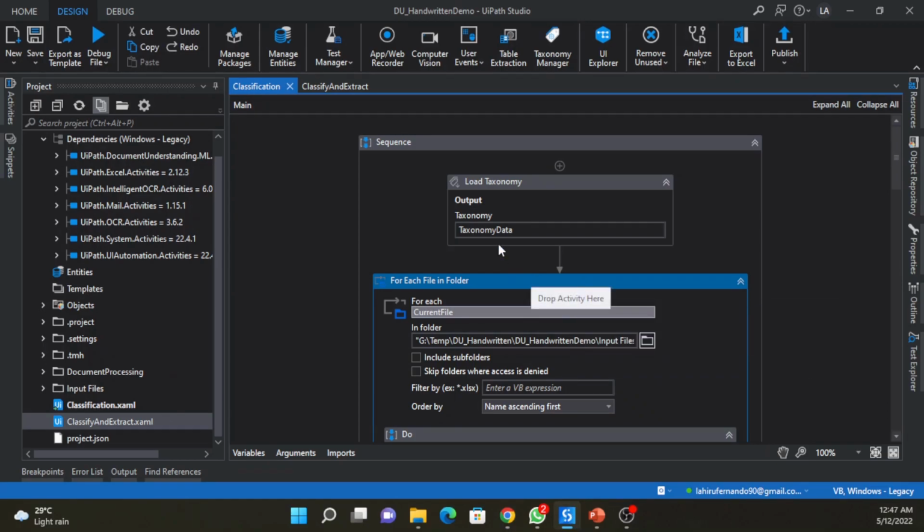So I have created two separate workflows here just to show how we can work with handwritten data. This is very much similar to what we usually do. There's not much of a difference because everything is done and given to us by the OCR engine itself. So our workflow remains the same. What I want to show you is, even though it's handwritten data, how to use it for classification and data extraction. I have a few sample documents that I downloaded,